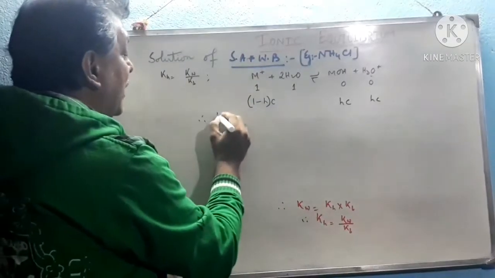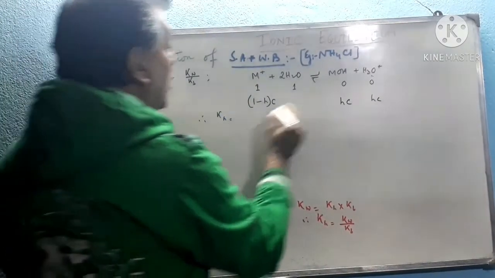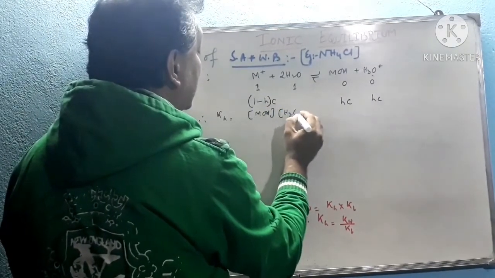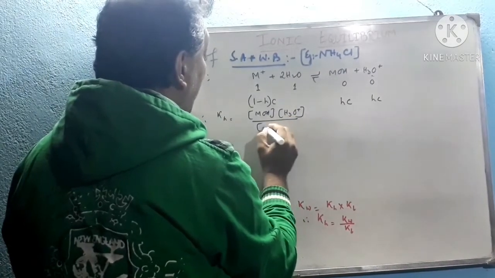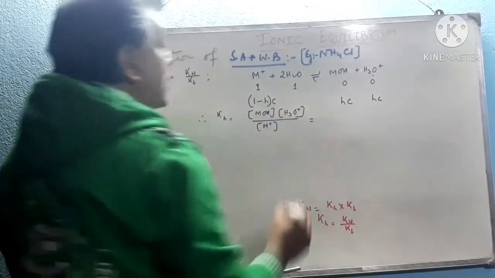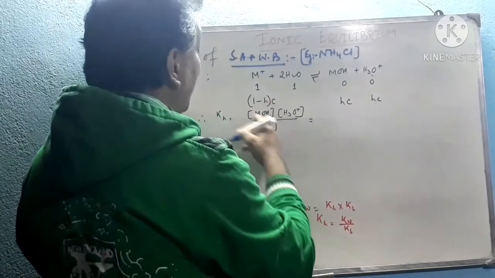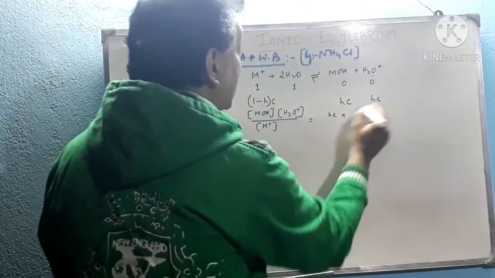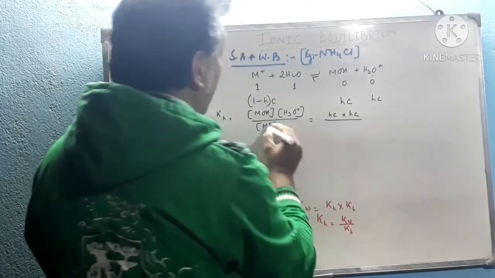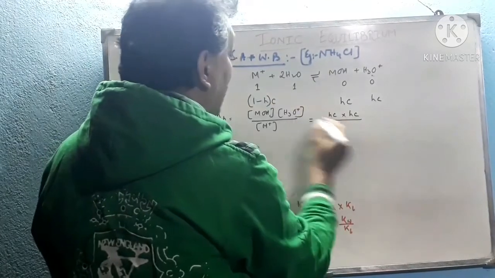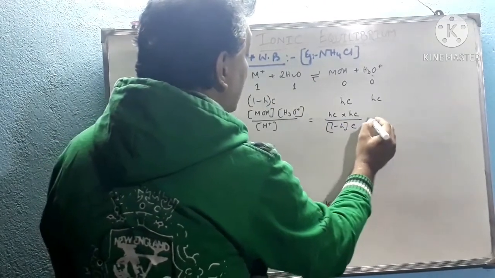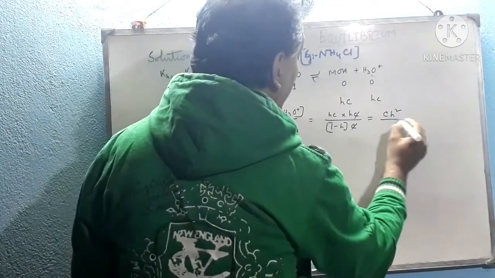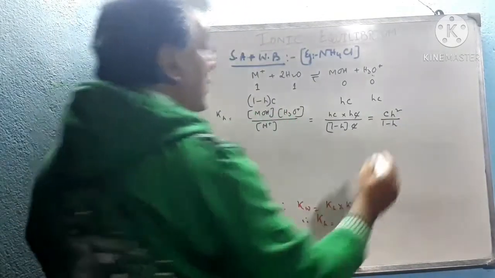So for this expression we can write this Kh equal to third bracket MOH into third bracket H3O plus divided by M plus. That means for the MOH, third bracket MOH, you can write HC into, for H3O plus we can also write HC divided by M plus, we can write 1 minus H into C. So we can cancel this C to get this expression CH square by 1 minus H, and as we